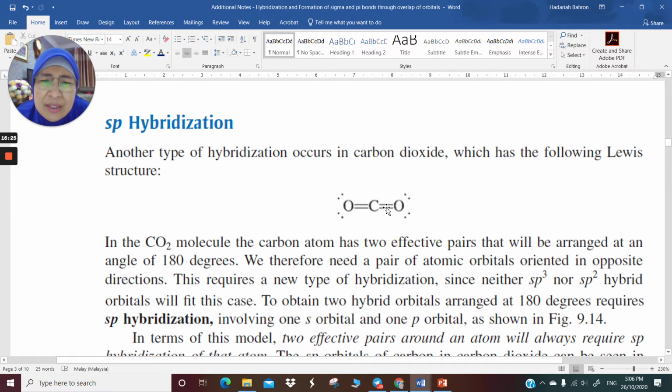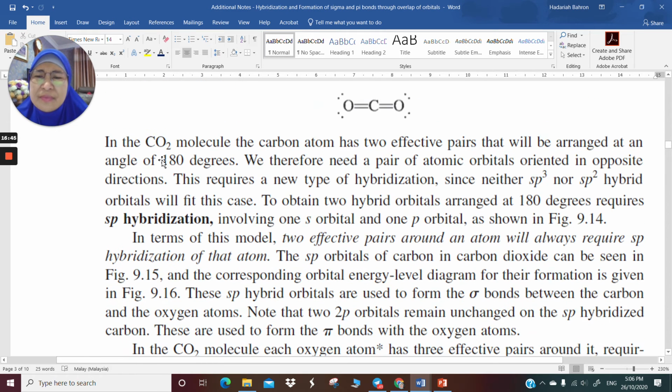You have double bonds, CO on the right side, and another double bond CO on the left side. So you have two CO double bonds, and each one of the oxygens has two lone pairs of electrons. Now, in the CO2 molecule, the carbon atom has 2 effective pairs that will be arranged at an angle of 180